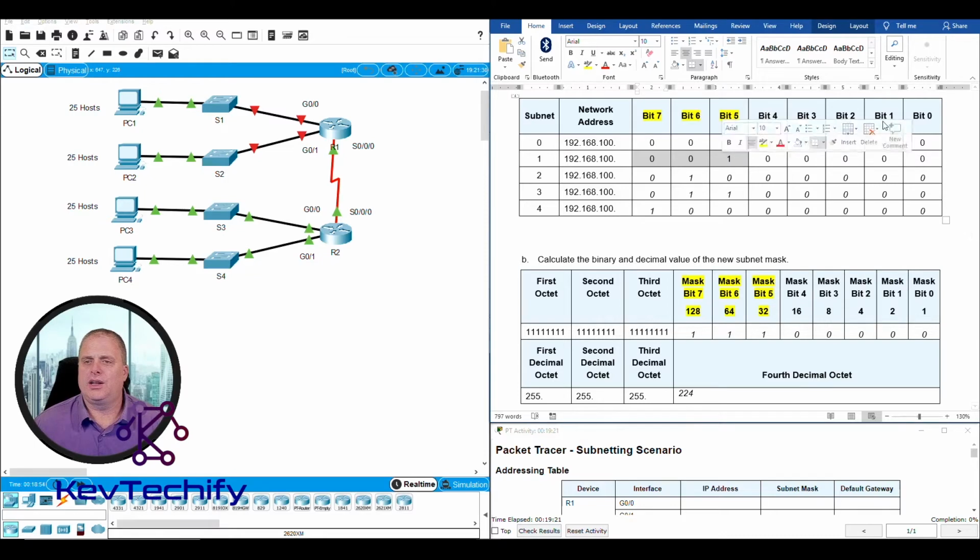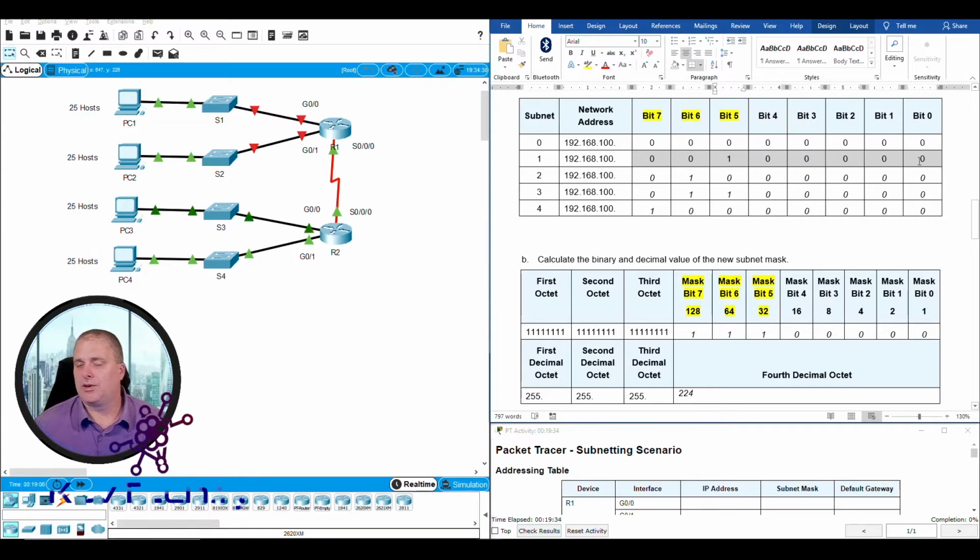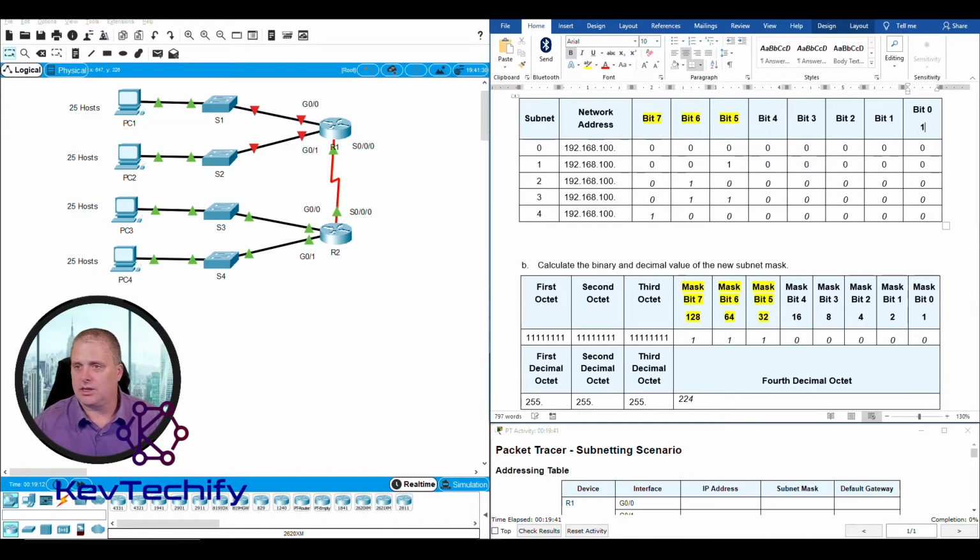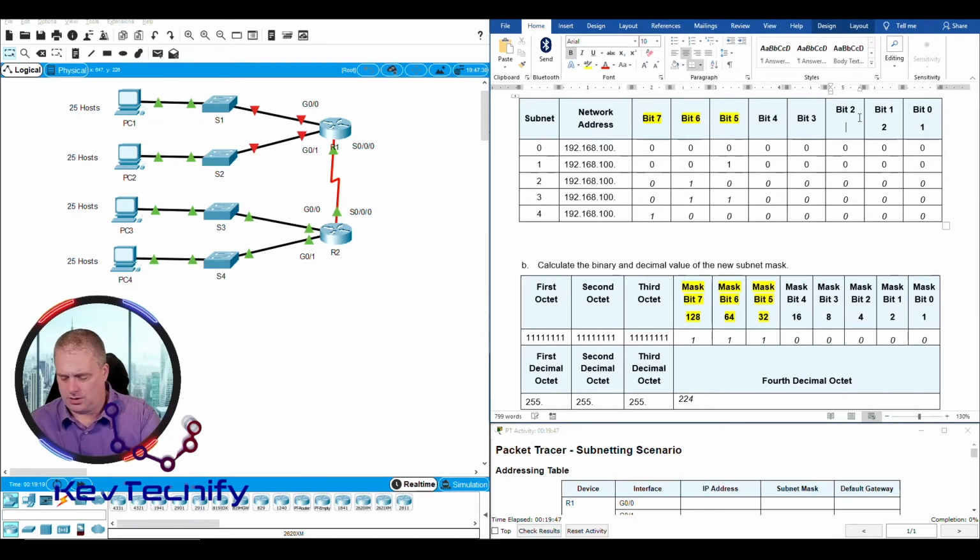We incremented it by 1 from the previous network. That gives us, from 000, we add 1 here. That gives us this value here. Then we take all 8 bits and convert that to binary. The values here once again, I'm just going to go ahead and type these in again. I think that helps. The column values,